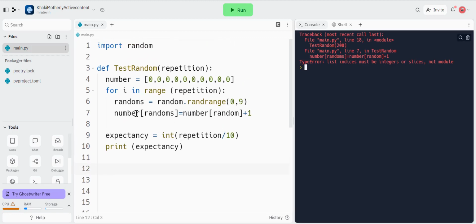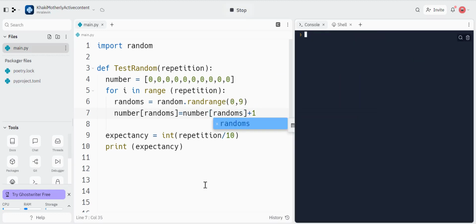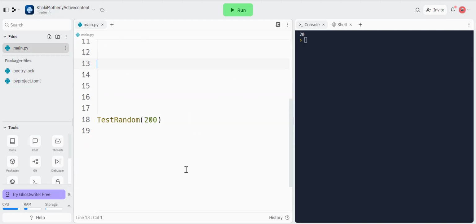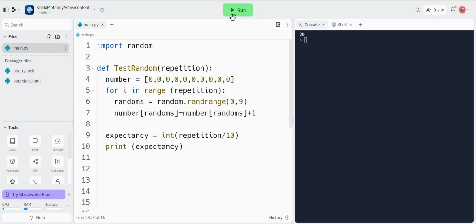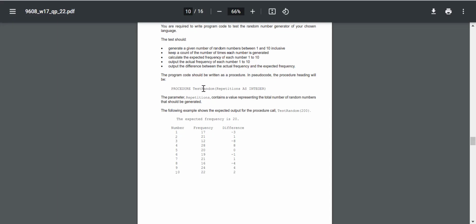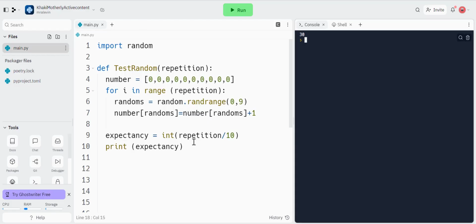Okay, I made a boo-boo, it's here, number, randoms. This should be randoms here. Let's test the code again. 20. If I was to say, okay, let's do 300, for each number, the expectancy should be 30. Nice and easy. So, in that situation, what we want to do now is I want to just test out